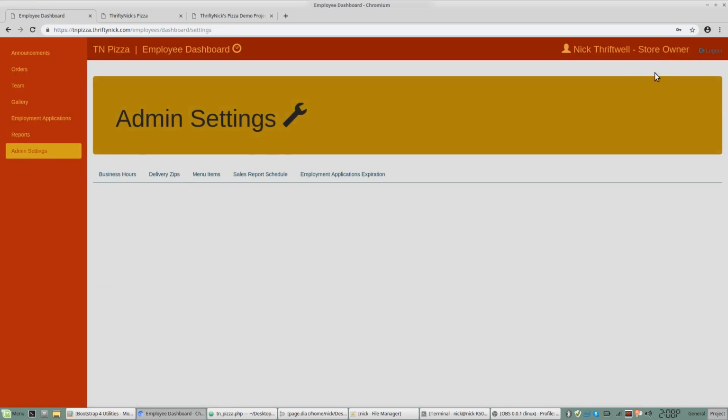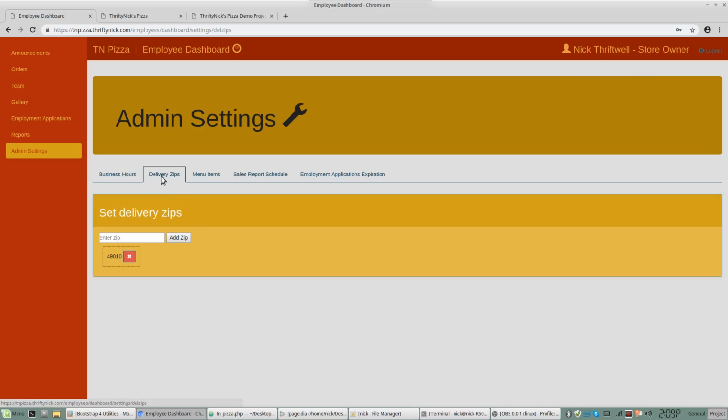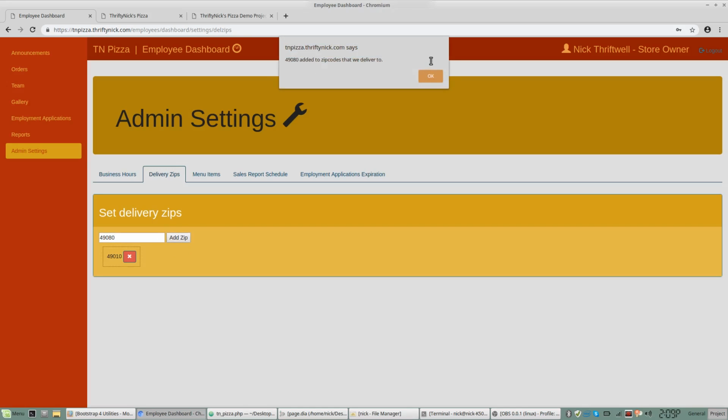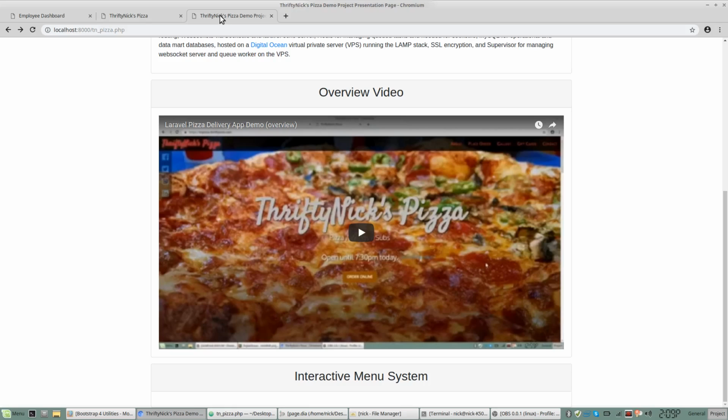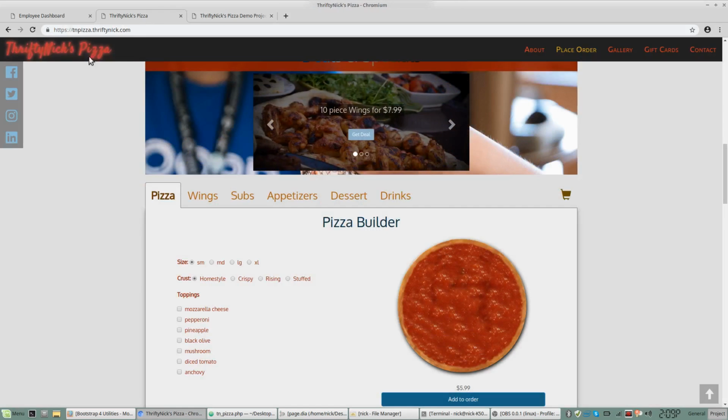Only the store owner has access to these admin settings. So delivery zips, we only have one in there right now. Okay, but to add one, you would do that here. It's been added, and there it is, 49080. So if we refresh,